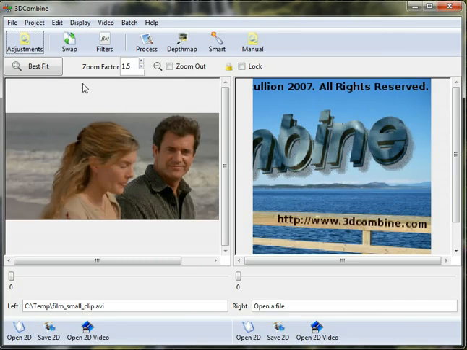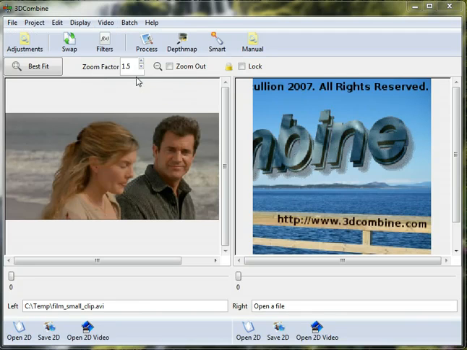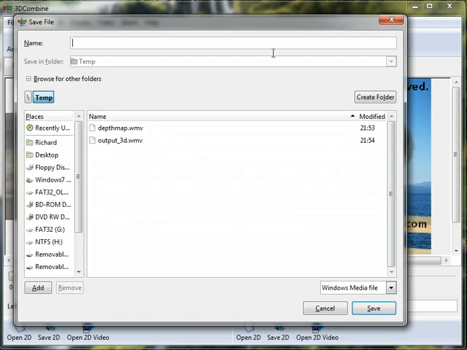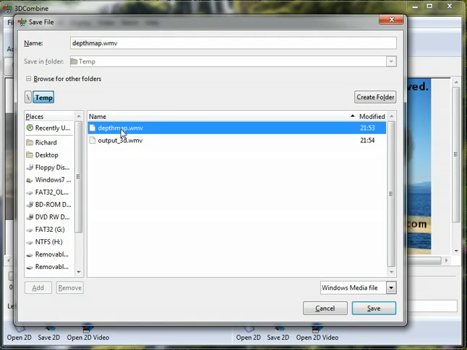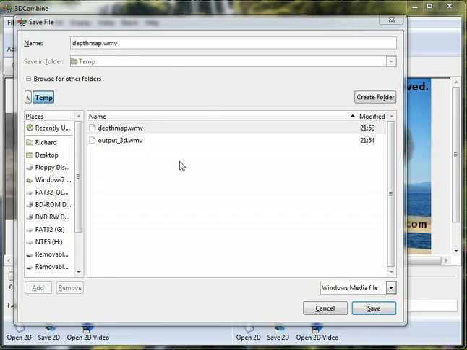I now select Video, 2D to 3D Manual from the drop down menus, and a new window will open with a number of options. Firstly, I need to specify the output file for the 3D result. I click on Save As and I enter the file name. I will default to the standard Windows Media File option, though AVI is an option as well, and overwrite an existing file